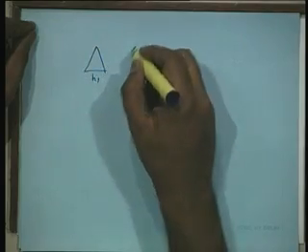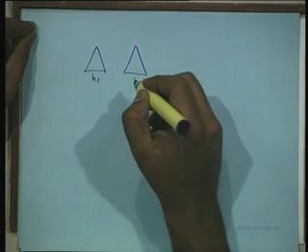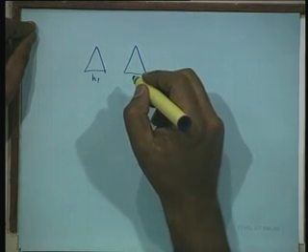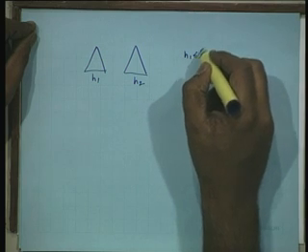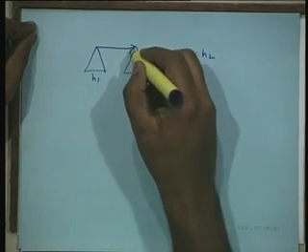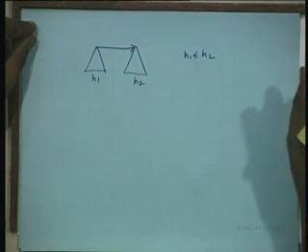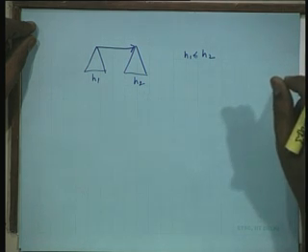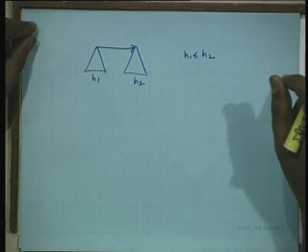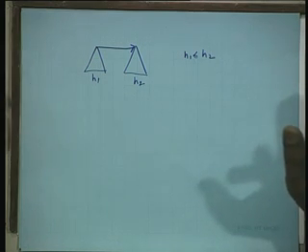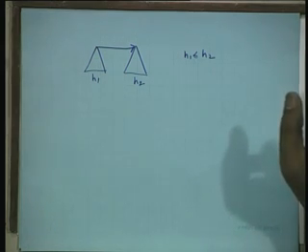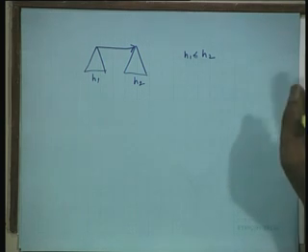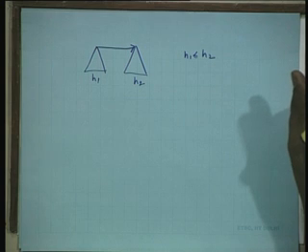What am I doing now? This is a tree of height h1, this is a tree of height h2. If h1 is less than or equal to h2, I make the root of h1 point to the root of h2. I am just showing you two alternate ways to do the same thing.